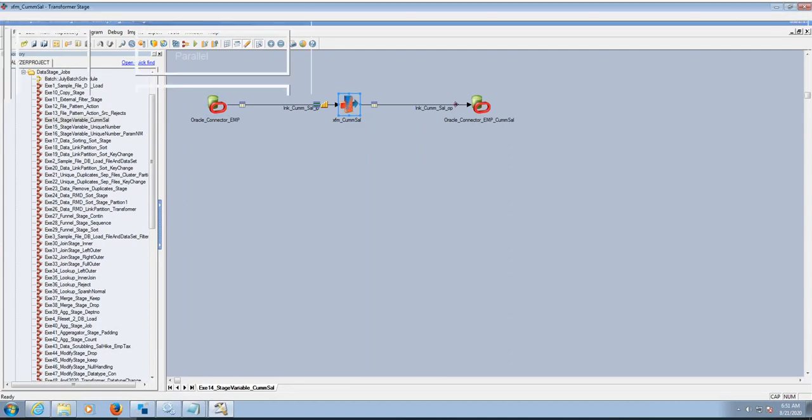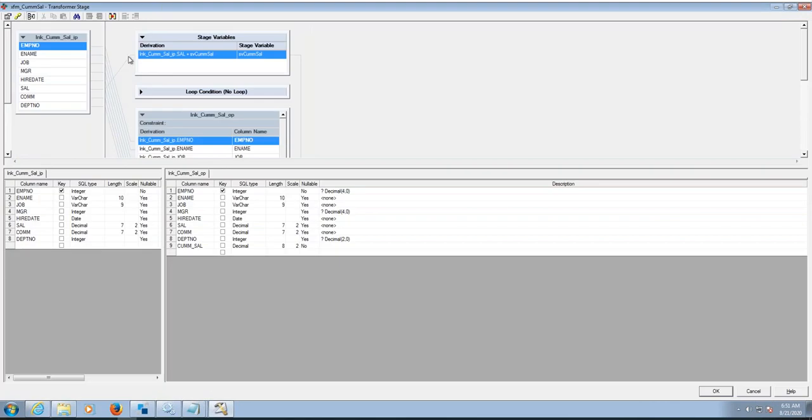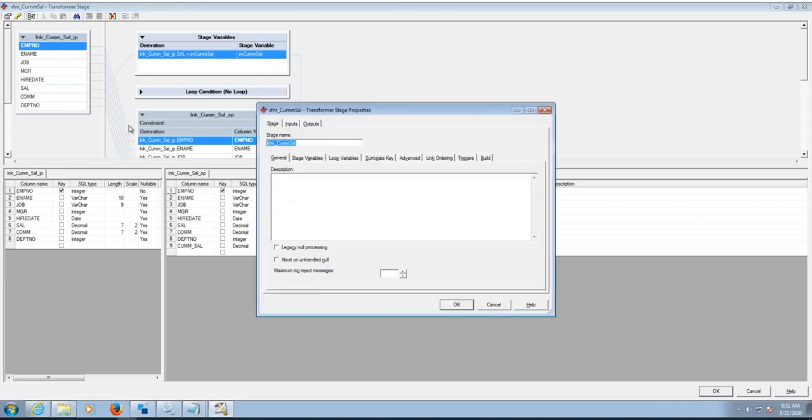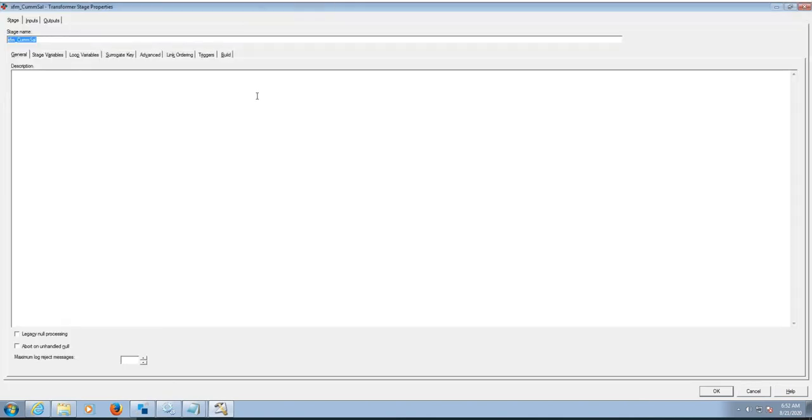So for that, what I did was I have created a stage variable. Okay. So to create a stage variable, if you see here, this is a stage variable, SV kumsal. Okay. So for that you need to go to stage properties. At the left side top, after the yellow icon there is a button, stage properties. Click on stage properties, double click on the stage property, then the window will open. Here if you see there is a stage variable tab after the general tab. So click on that.